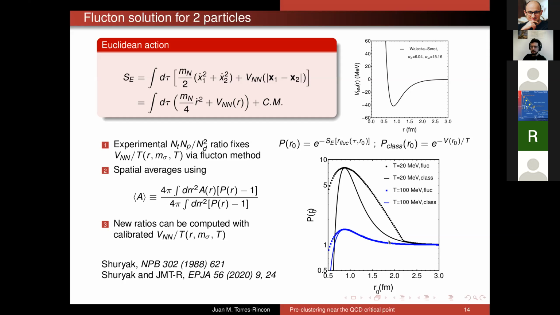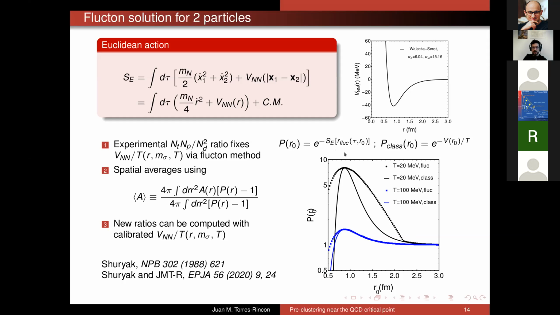You observe that when the temperature is large, or the potential over temperature is negligible, you obtain good agreement with the classical version. But when the modification of the potential is large, or in this case where the temperature is small, you get differences. And these are simply quantum effects, which are taken into account in this Ffructan solution and not in the classical version.